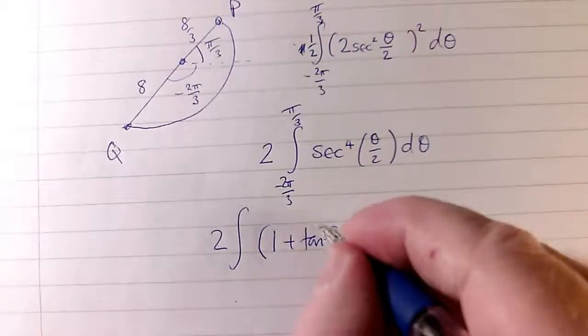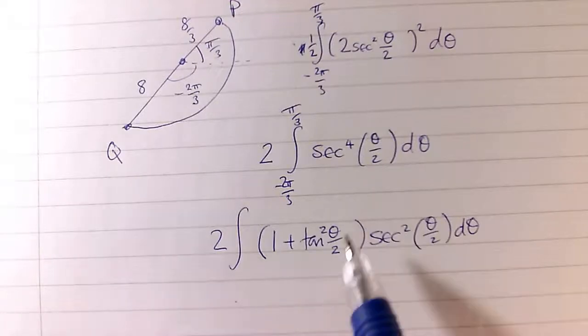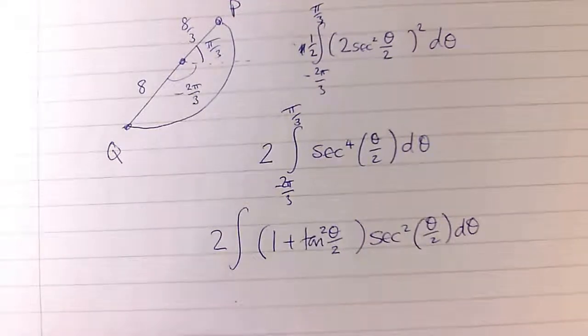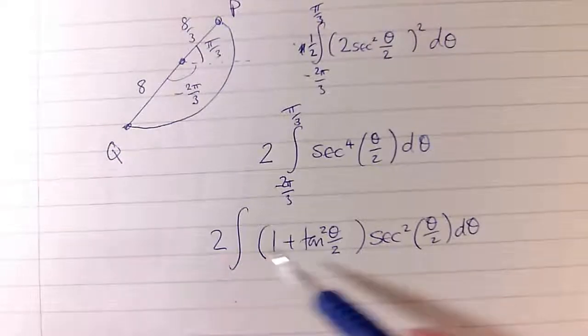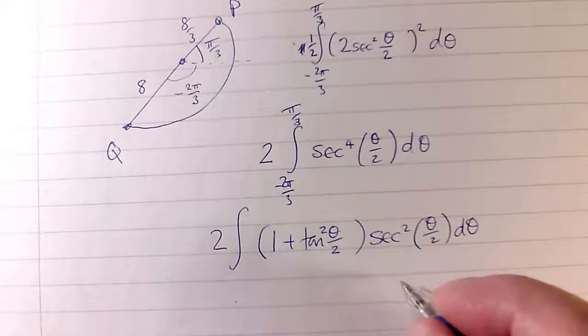Okay, 1 plus tan squared, because sec squared theta is 1 plus tan squared theta. Sec squared theta by 2, which is what I've got, is 1 plus tan squared theta by 2. And so this is going to be a helper, so this is going to be an easy integral to do. Okay, now on these helper ones, sometimes you'll just see how to do it by inspection. If you multiply out this bracket, probably not going to be too bad, but the substitution that will work, and